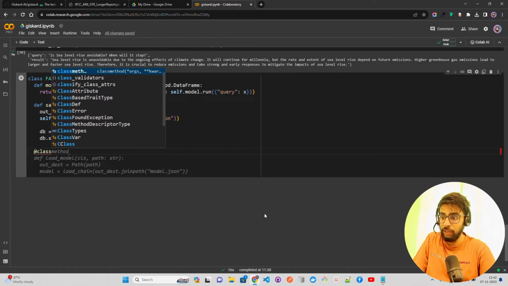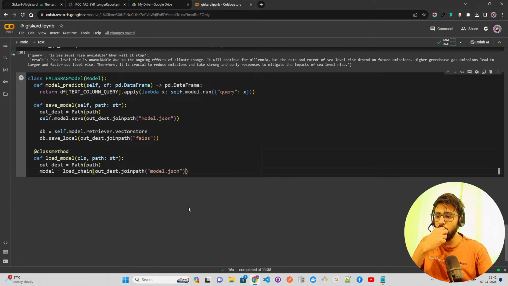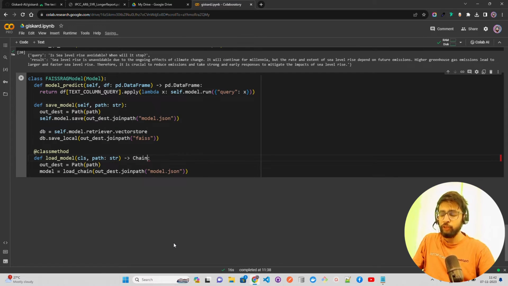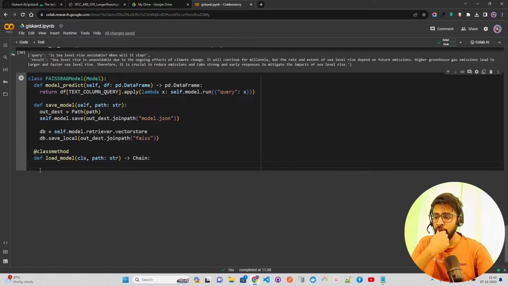Now let's do a decorator of class method here. So let me just do classmethod. Okay, and this is fine. So define load_model, class, path string, and let's create the chain here as well. So let's create a chain. Okay, and then let's remove this for now. We don't need it. Let's create a source. So source equals